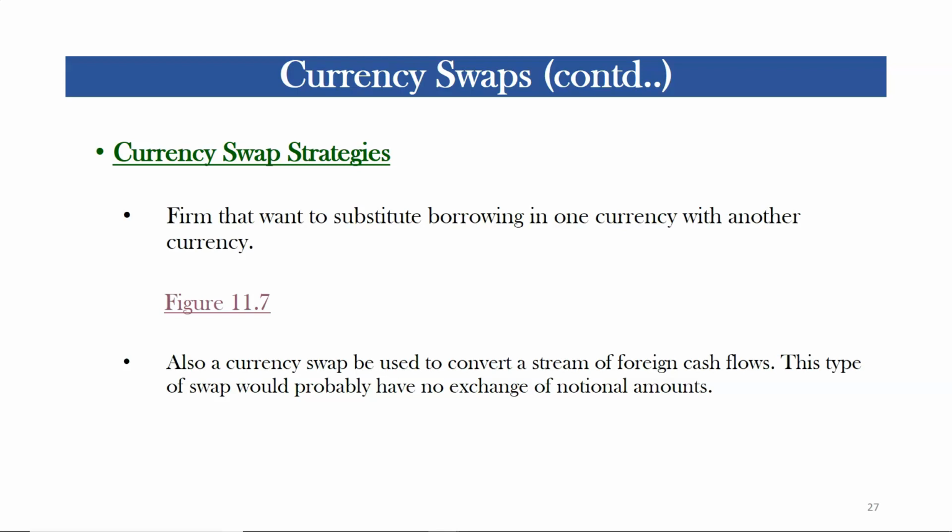A multinational firm may enter into a currency swap to manage the risk associated with cash flows from its subsidiaries. Such a swap may not involve exchange of notional values. A company may have borrowed on floating rate or fixed rate in a foreign currency and after some time may realize that it was not a good decision. Instead of living with this bad decision, the company may enter into a currency swap and synthetically change its currency and interest rate exposure to another one of its choice.